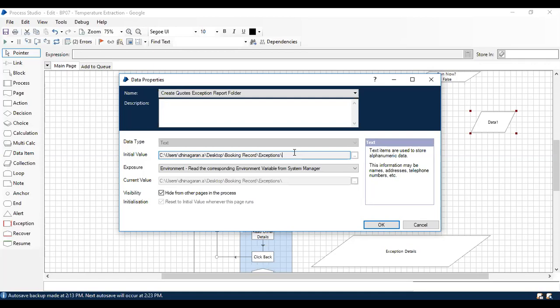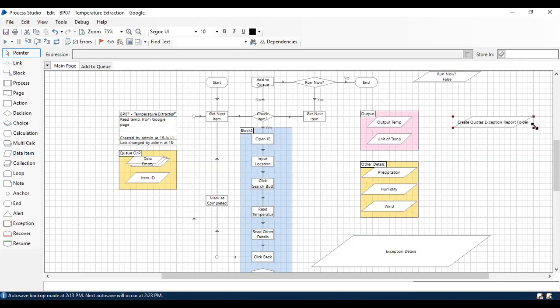Keep in mind that you cannot edit the value in your process or object studio. You can edit the values of environment variables only in the systems tab. As we have seen how to create the environment variable, in the same place you have to go and edit it if you want to change the value. So that's how we call an environment variable into our process or object studio. See you in the next part.